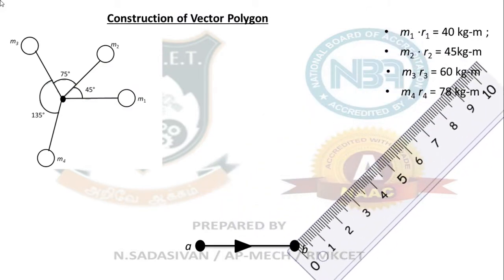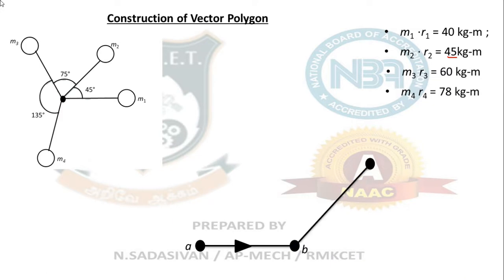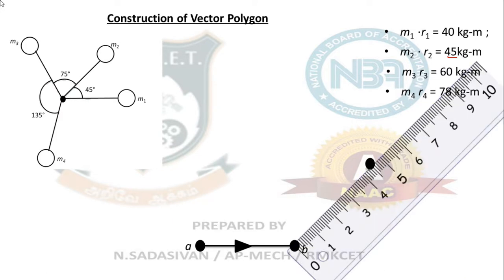Now I am going to do B to C. Same direction. What is the same angle I have transferred? What is the direction of this force? The force is in this direction. So you are going to draw a line in this direction, upward pointing direction, with a magnitude of 45 millimeter. So 45 millimeter, draw a line. Clear? So what did I do? 45 millimeter. So don't talk in centimeters, it will create a lot of confusion. Only millimeters, all dimensions are in mm.